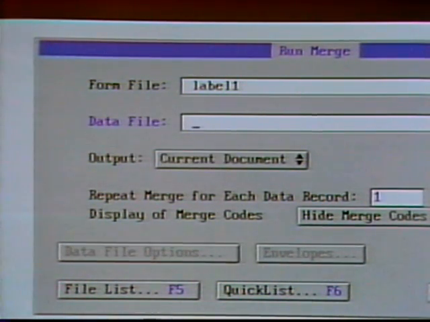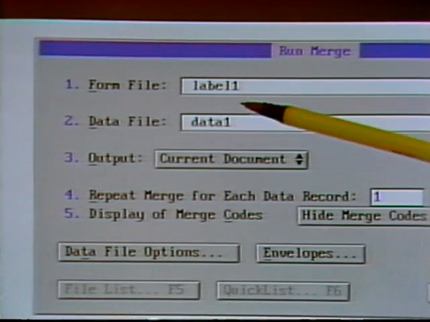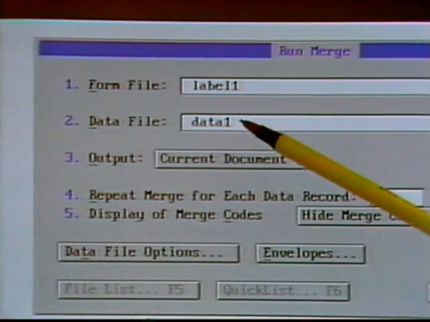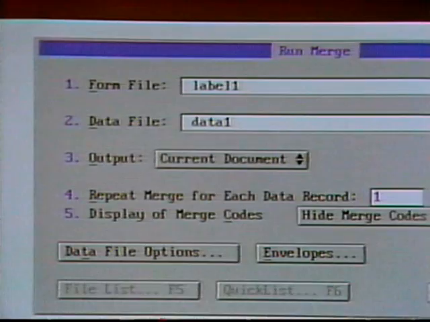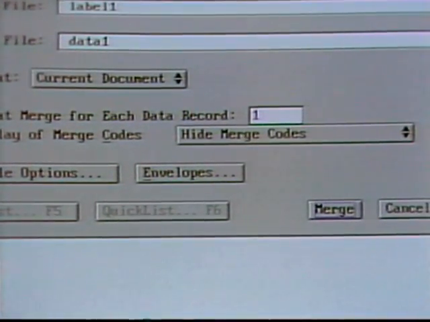Press Enter, and then for data file, we'll use the same data file we used before, data 1. Press Enter there, and this is exactly the same thing we did with the form letter. We've got the form file name and the data file name, and we're ready to merge the documents. Press Enter on the keyboard,